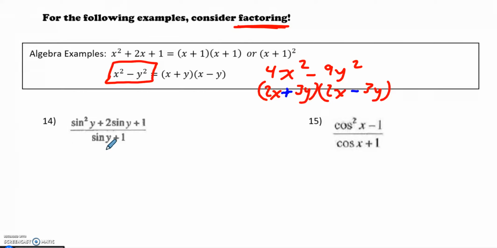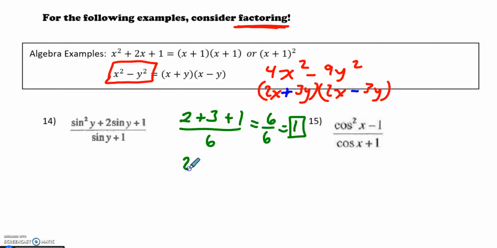That is because if you think about the order of operations again for a minute, if I put this in terms of numbers, if I write 2 plus 3 plus 1 all over 6. If I follow the order of operations correctly, 2 plus 3 plus 1 is 6 over 6. So my answer following order of ops would be 1. However,